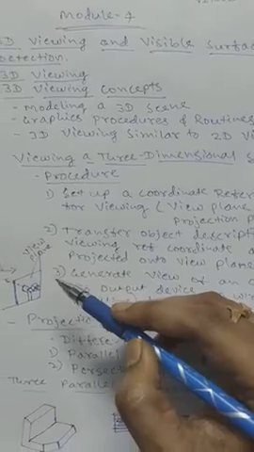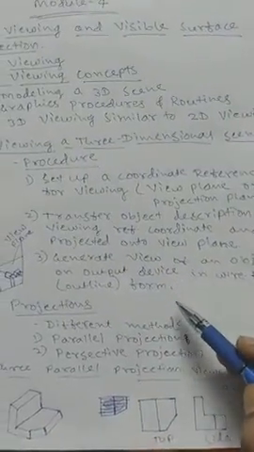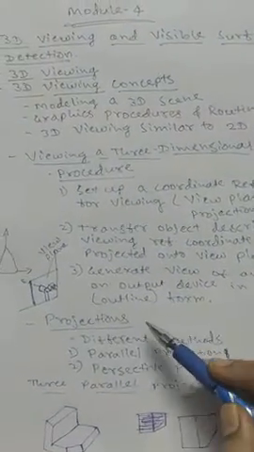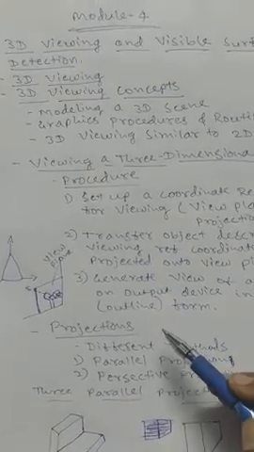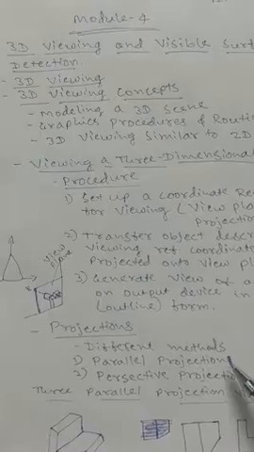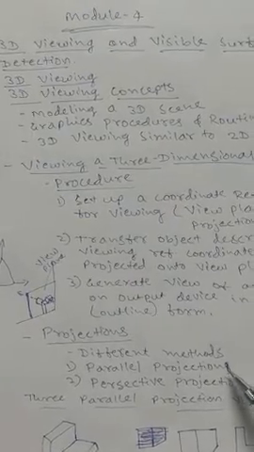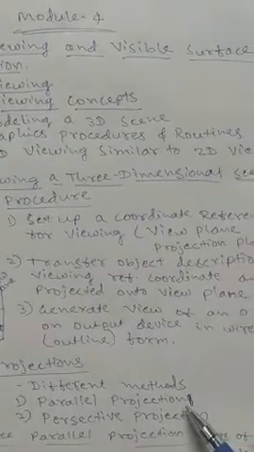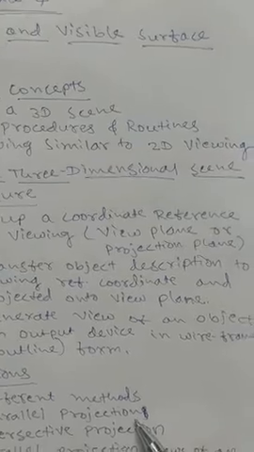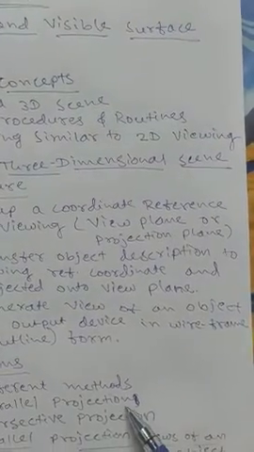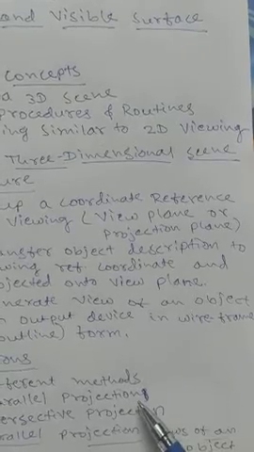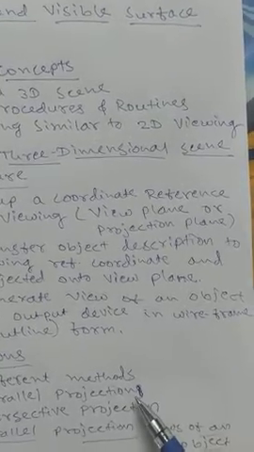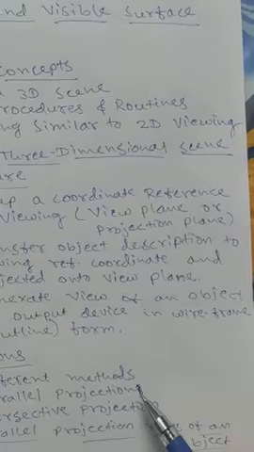This is just an illustration of the coordinate reference for obtaining a selected view of a three-dimensional scene, right? The next important concept is projections. Let us see what are the different methods or the different types of projections. The very first method is parallel projection, right? In this method, for getting the description of a solid object onto the viewing plane, we project the points on the object surface along parallel lines.